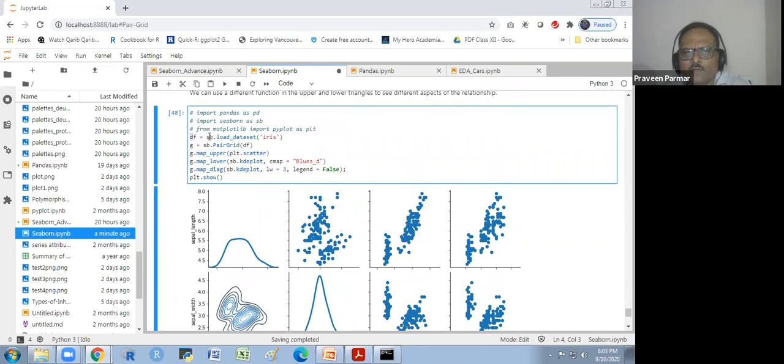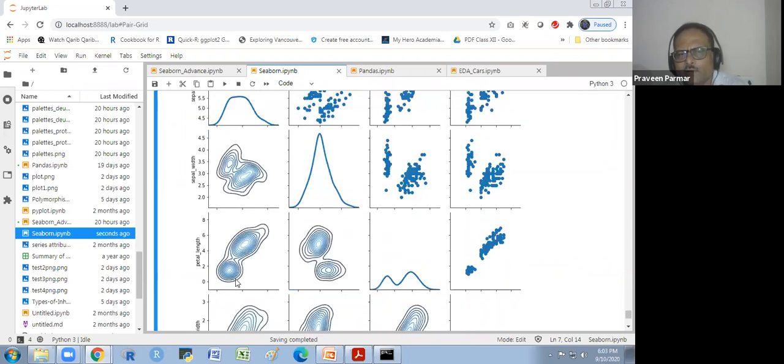That is the data frame we have uploaded, and this is the PairGrid. We just wrote this data name here, and we have given this to g. Then the g object we will take everywhere. g dot map upper plt dot scatter. plt is for matplotlib. plt dot scatter we are taking here, and map lower. We are using the Seaborn here, sns dot kdeplot, and for lower we are taking the kernel density.